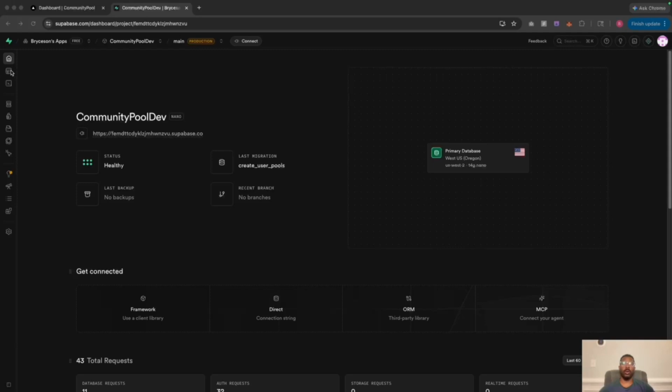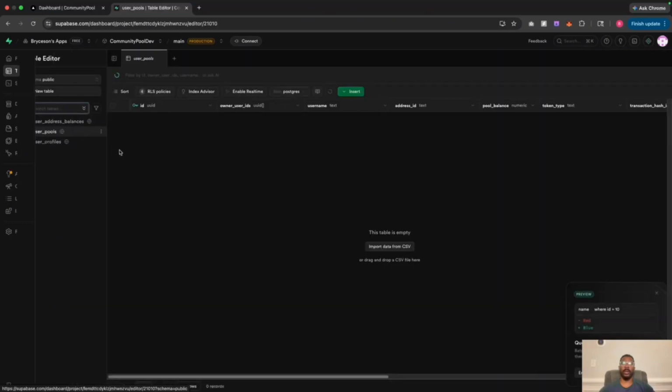And so we're going to go over to the left. We can go to table editor, or you can go to database, but we'll go to table editor. And as you can see on the left, you can see the two databases we added, user pools and user address balances. So if we click on user pools, we can see all the columns that we wanted the agent